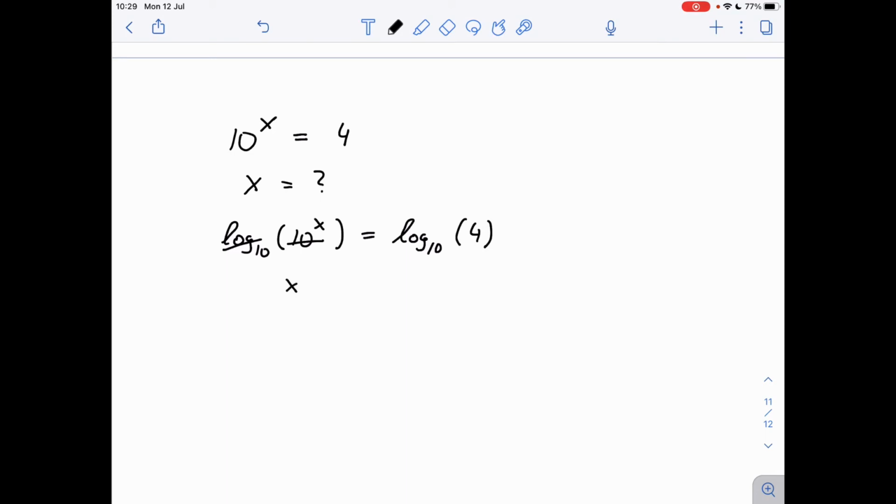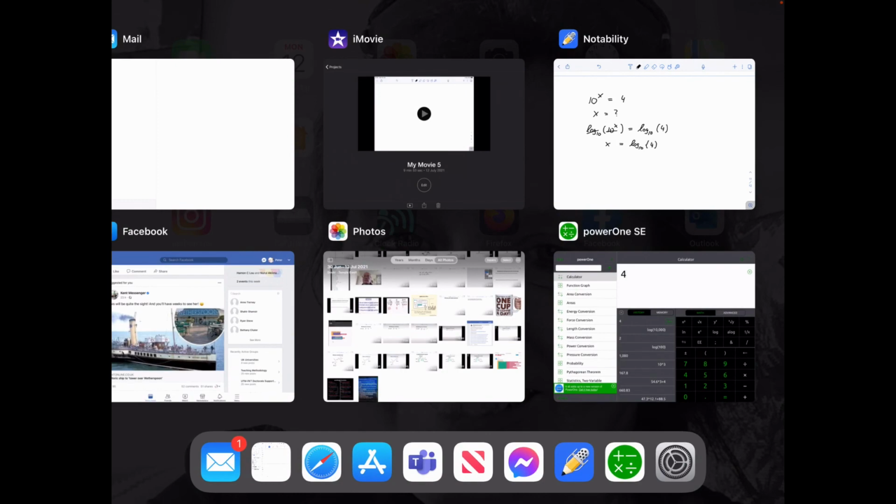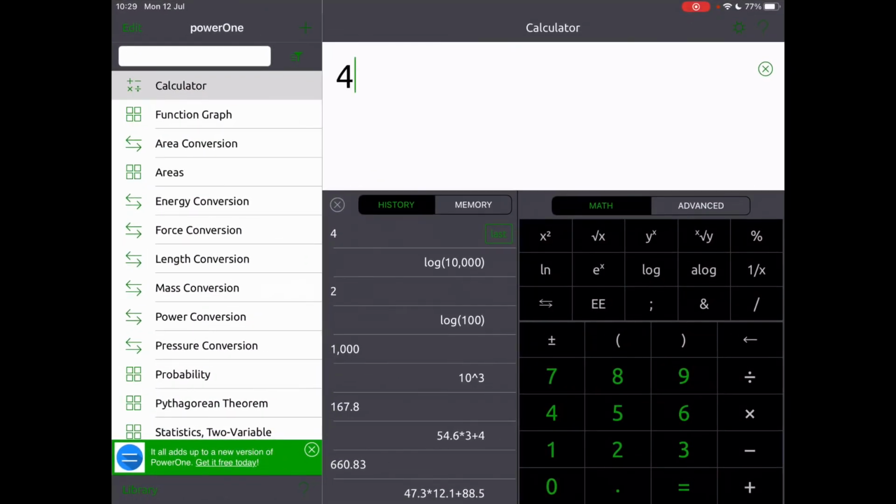So we've got x equals log 10 of the number 4. And we probably can't do that in our head, so let's head over to the calculator again. So here's the calculator, and now let's do the calculation like we did before. So log 10, but now our value is 4, close the bracket, and we get